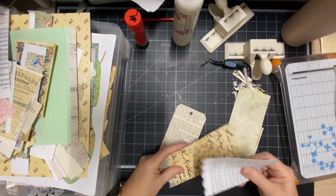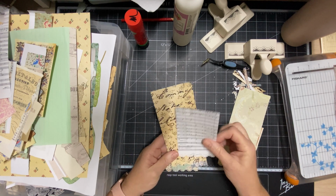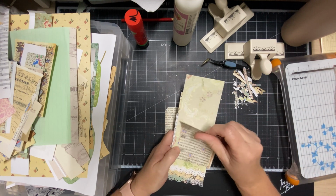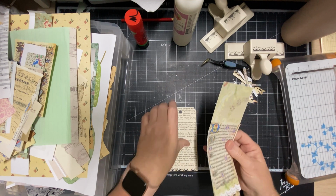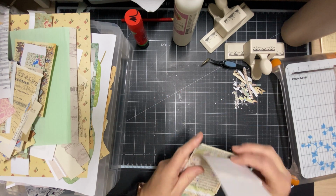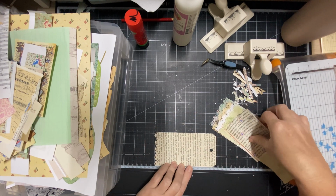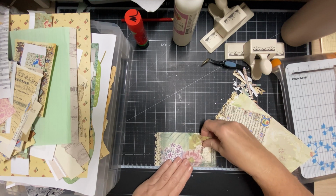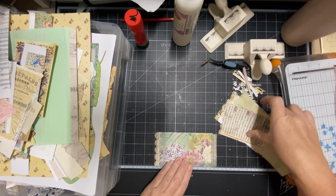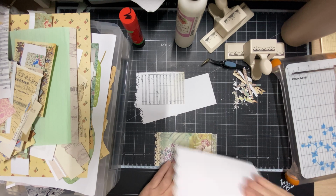Right, let's sort these out, what order we want them in. That one there. I also need to, well, I suppose it doesn't have to be super even, does it? But one's going to be there. That's my line there. Okay. I'm going to have to do this upside down so I can get the